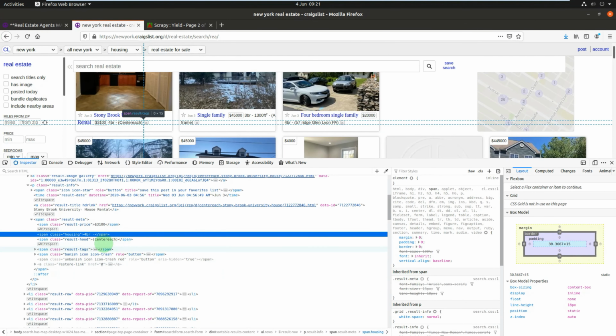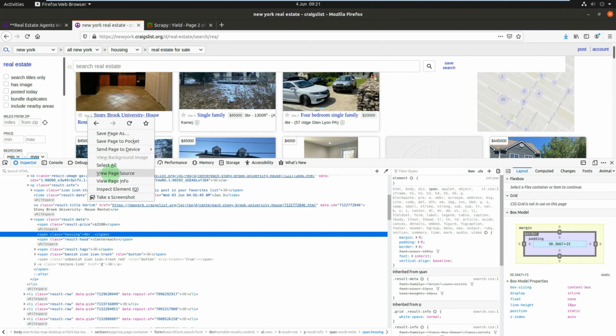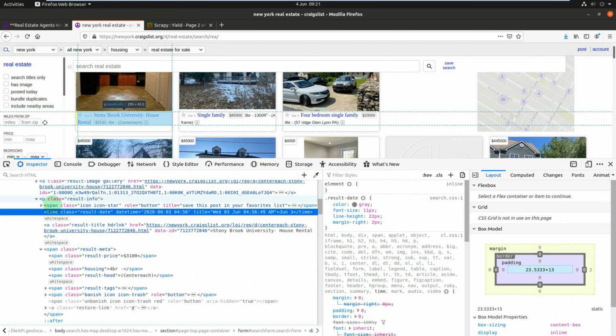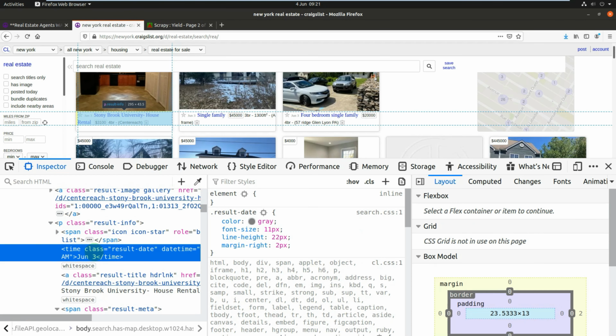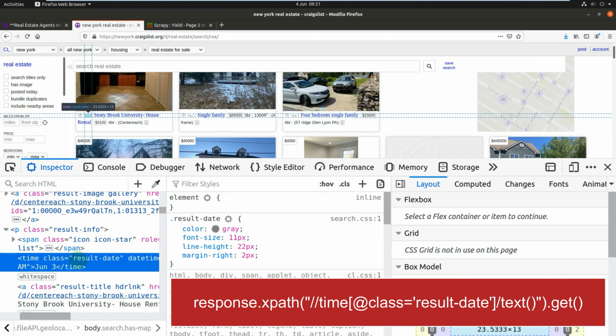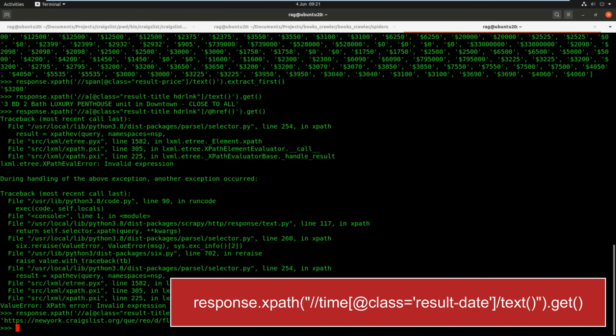If you remember, the time was available from that. So again, time was the tag. There you go, see that better. Time, and the class was result-date. So back to Scrapy shell,